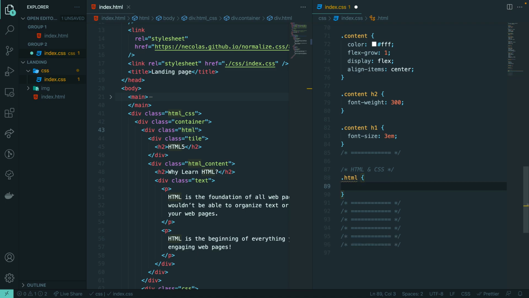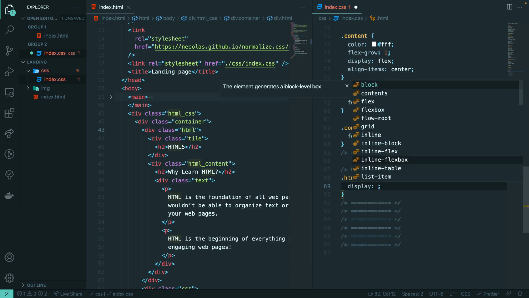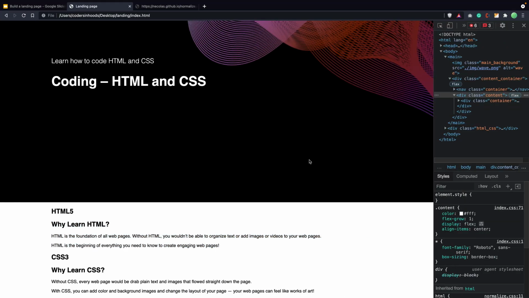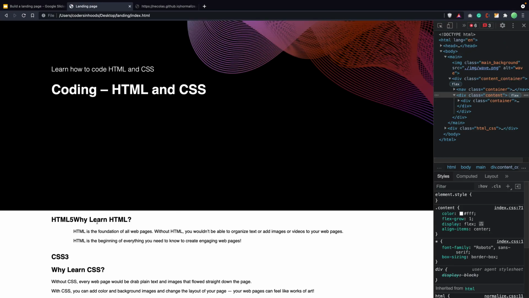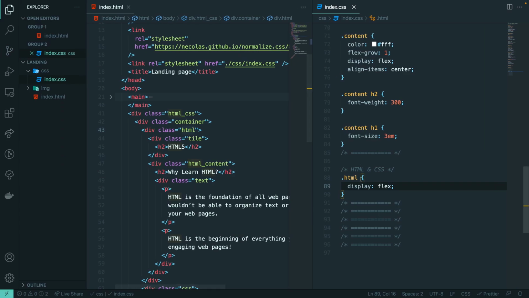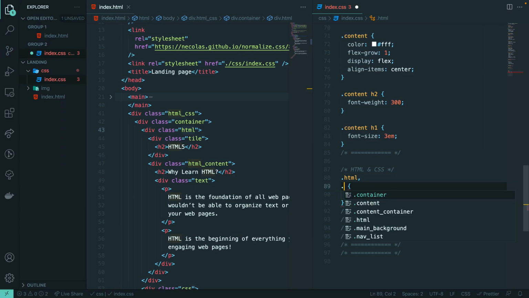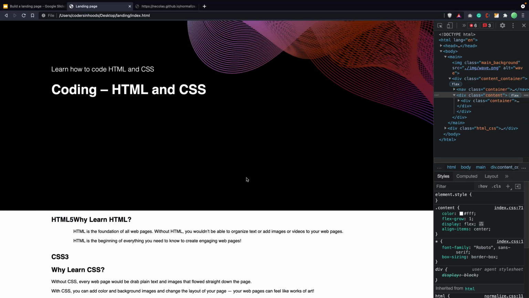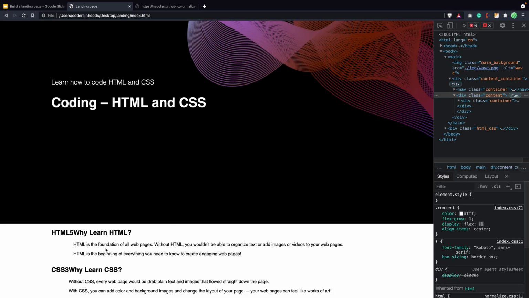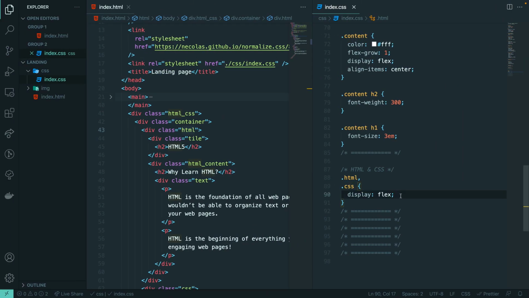HTML, I want to do display flex. So let's save, refresh, and now it's side by side, right? So we have one and another. Doesn't work for CSS3, so what I want to do is here just add another CSS. Refresh. Perfect, they are side by side, right? Now I want to set that width should be 50% for each section. Oh, sorry, that's wrong. I want to, for each section inside, so for